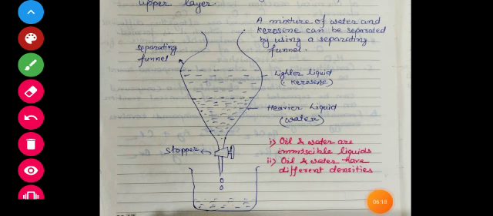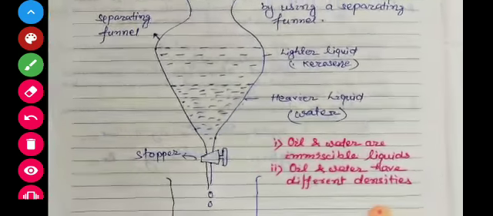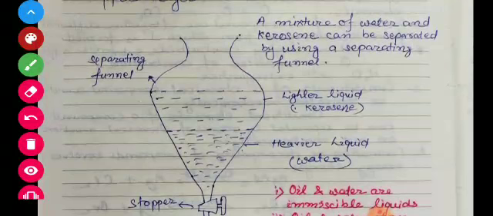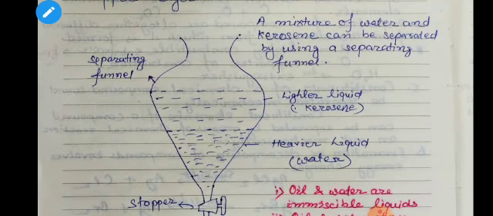Students, now listen. Let's separate a liquid mixture of kerosene oil and water. So, kerosene oil and water. How can we separate this one? For that, see students here, transfer the liquid mixture in a separating funnel made up of glass and provided with a stopcock or a tap. That one we can say stopper also.